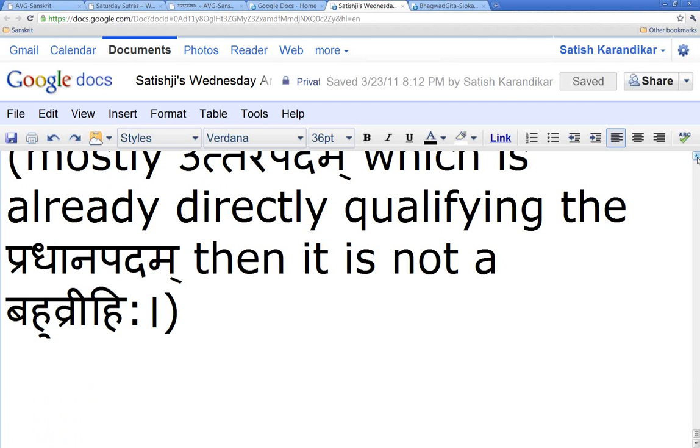So that's what these compounds are. But on the other hand, blue bird. Now blue bird is a Tatpurusha compound. So it is a bird who is blue. So we have plenty of compounds in the English language also, and they will also be looking at the same kind of distinctions there. So they're also different with the blue color. You're talking about the color or not? We don't know what we're talking about. So you have to know from the context.